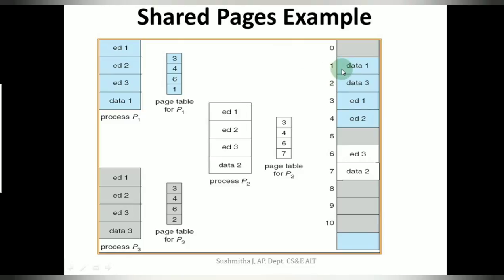The private data or the new exclusive data about a process shall be allocated a new page. This sharing also allows us to save main memory. Rather than each process owning a copy of itself, it could be shared by multiple processes. So that is about your shared page mechanism.